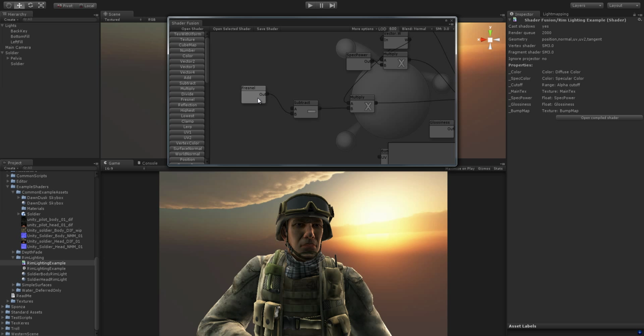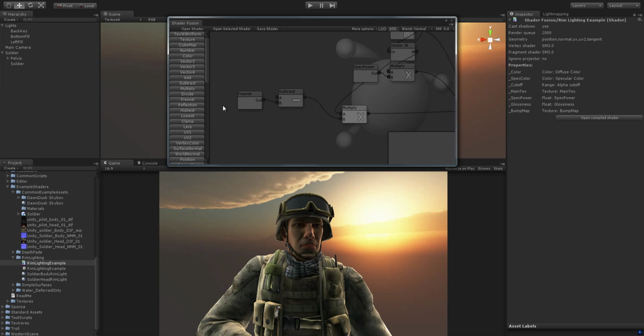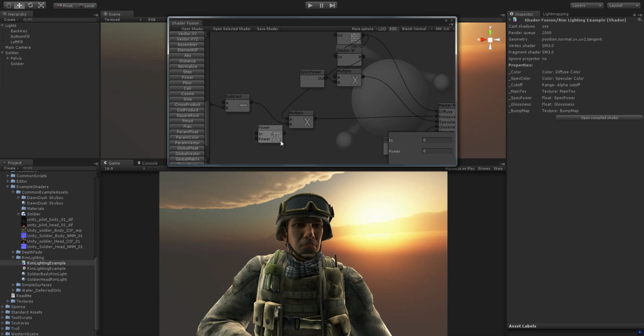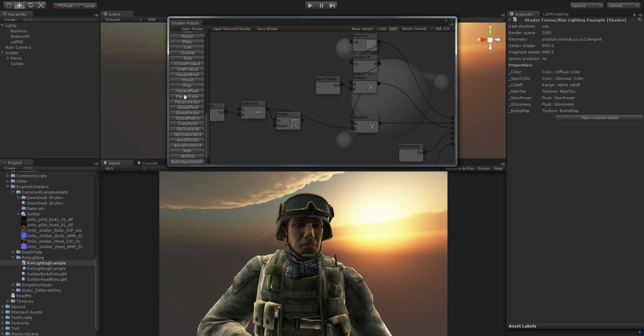So for now, we're gonna make the contrast of the fresnel a lot higher so that the highlight only shows up around the very edge of the model. So to do that, we can use a power node. Before putting the result in here, we want to take the result from here and use a